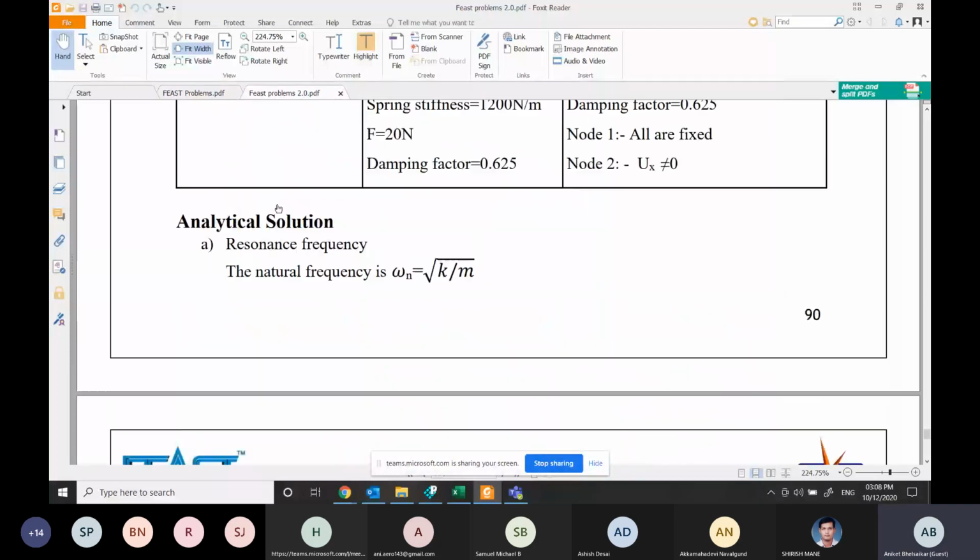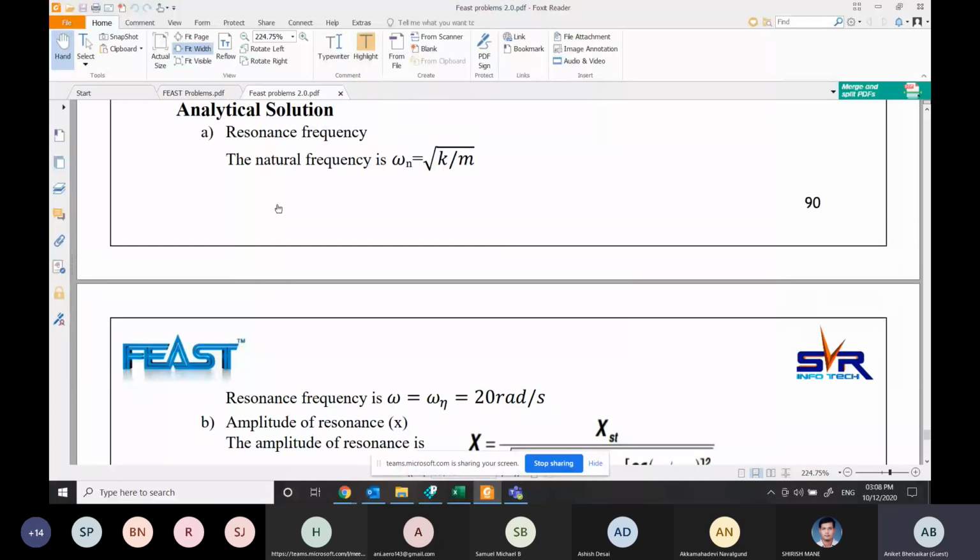I'll just scroll down. You can see here the resonance frequency can be calculated using root of K by M. The K is given, that is the spring stiffness, and the mass value is given.